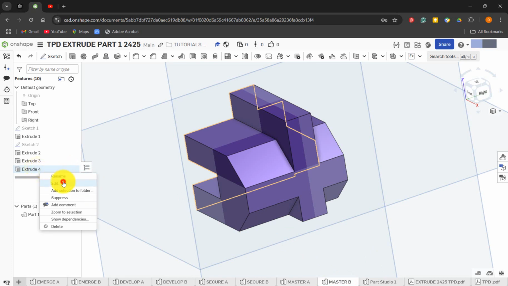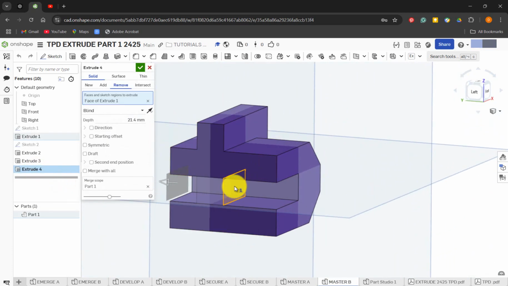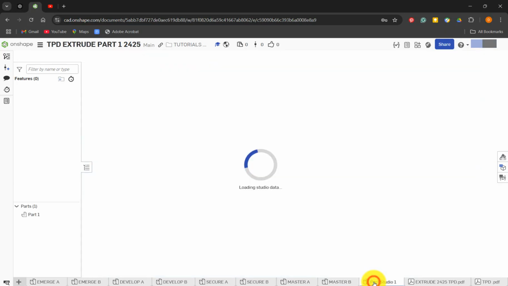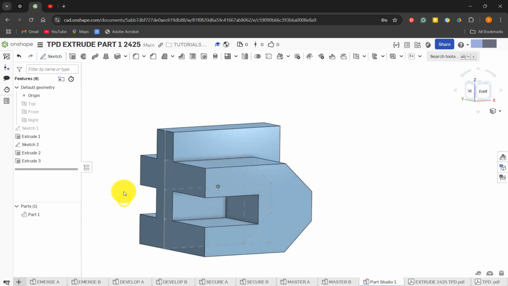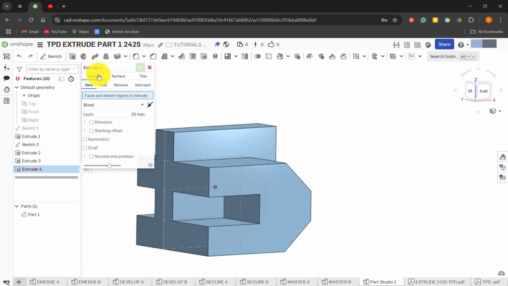And let's have a look what I did here. So if I go edit, you can then see I've used the sketch again, this time deleting it and I've just dragged it to a certain distance as long as it goes past the object, and I've just deleted it going towards the back like that. So we're going to go back to the studio, and I'm going to go Shift E, extrude, and what